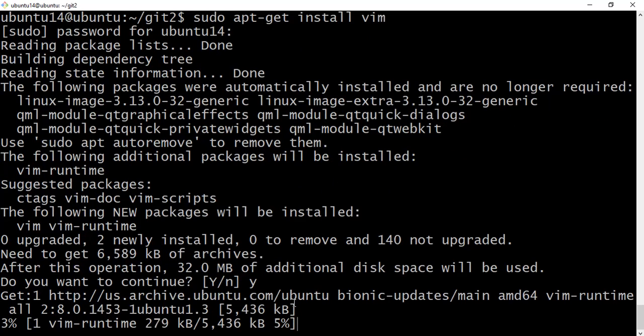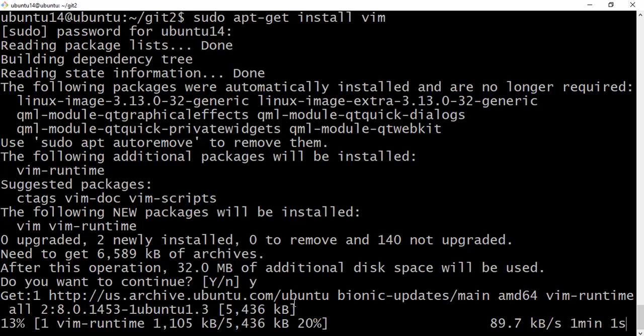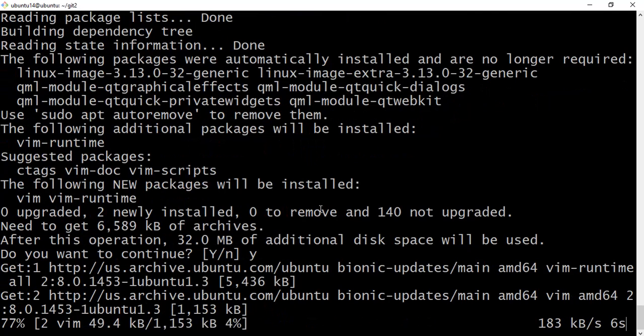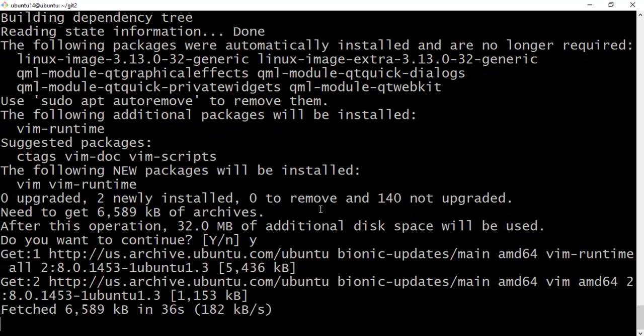Once it is installed, then we can use our editor well. So I'm installing VIM now. If you don't have VIM installed on your Ubuntu machine, then you can install it by using sudo apt-get install vim. Okay, so it's almost completed the installation.